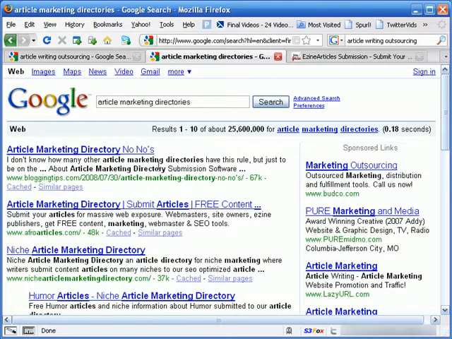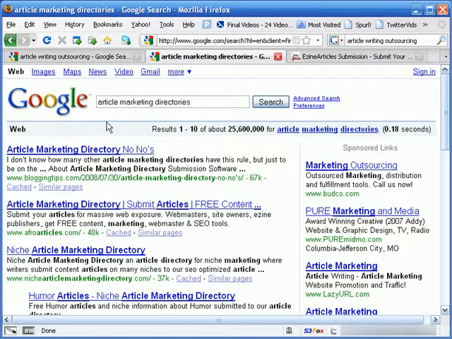Once you've got your article written, you need to get it submitted to as many different places as possible. Just like in video marketing, where you have a couple of sites that will submit your video to several different places all at once, well, an article directory is basically the same thing, only for articles. So find yourself a great article marketing directory so that you can submit your article to a lot of different eyes in one full swoop.